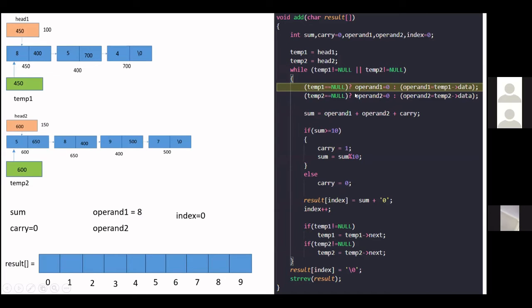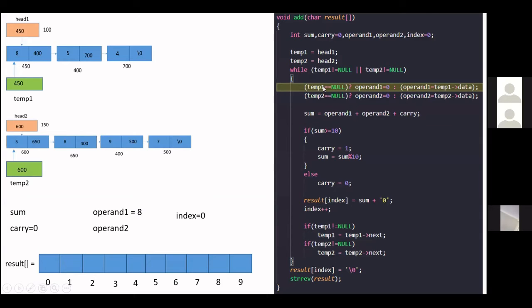So when we reach the end of any linked list, we take the operand as 0, and if we haven't reached the end, we take the data. So we have given the condition temp 1 equals to null. If it is true, if we have reached the end of the linked list, we'll take the operand as 0, or else we'll take temp 1 of data. Similarly we'll do the same for the second linked list.